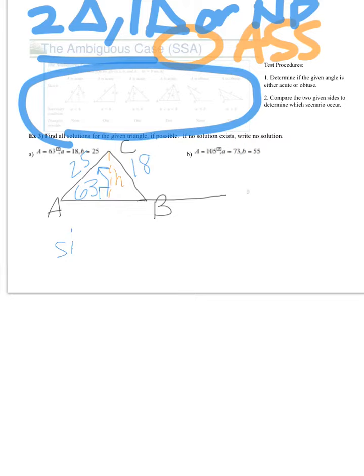So sine of 63 is equal to the opposite, which is H, over the hypotenuse, which is 25. The reason I call that H is that's the altitude or the height of the triangle. So H is going to give me 25 times sine of 63. Now, if I get 18, then it means that to get from C to the line AB, it's got to go straight down, not to angle down, but to go straight down. So I'm going to use my calculator, and I'm going to solve for H. And H ends up being